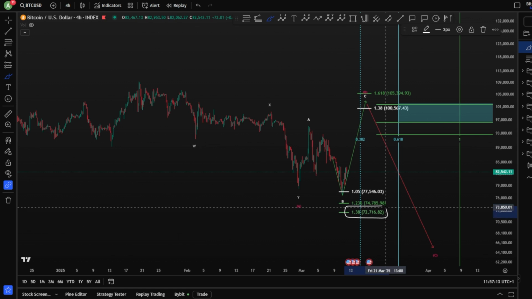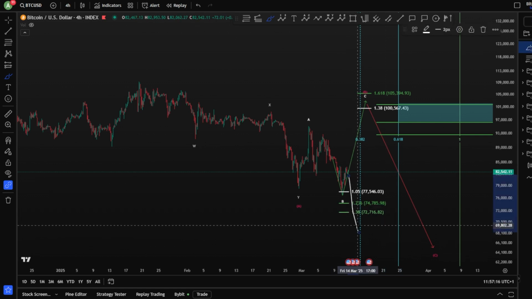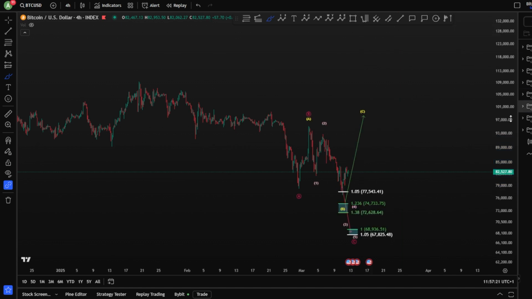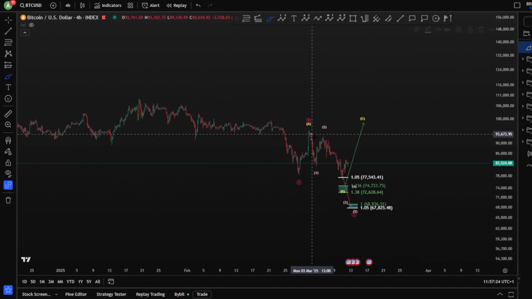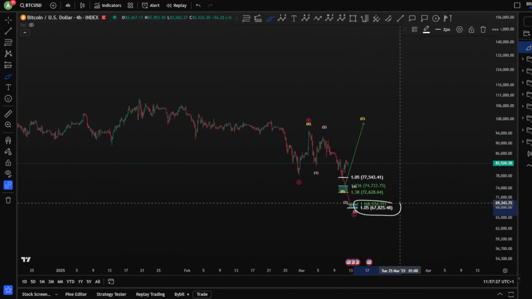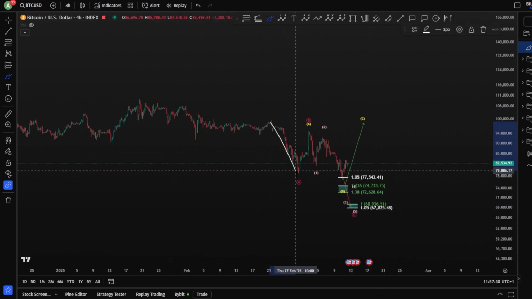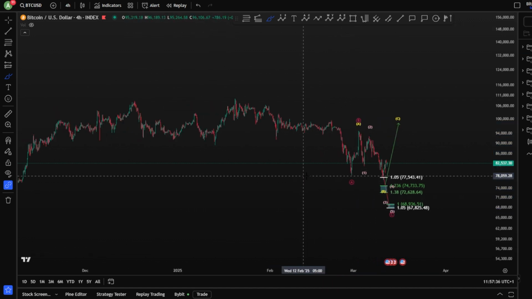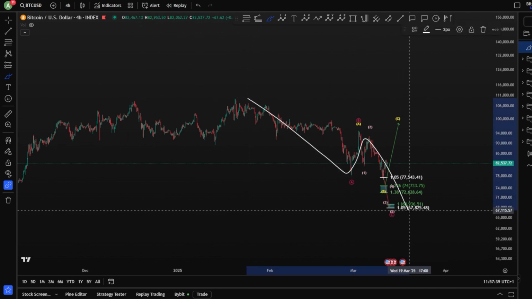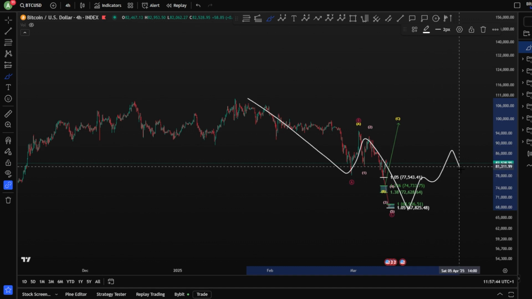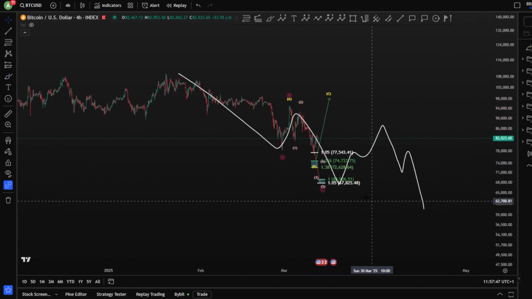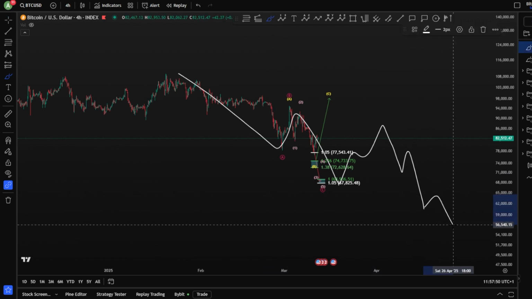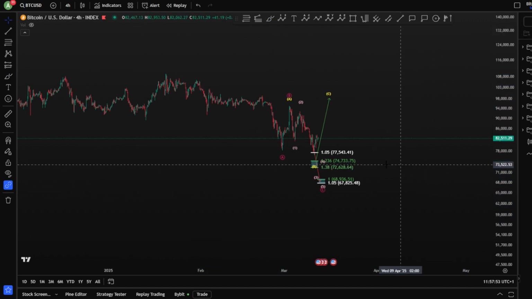If we break this fib level, the 1.38, and we continue to move toward the downside, it is a new bearish scenario that we have mentioned as well: a very fast wave C toward the downside, as you can see, continuing towards 67k, 68k, meaning A, B, and a C finishing those 3 waves toward the downside very fast. But that means we might not be very ready to move towards the upside. It might create another 3 waves up, and then 5 waves down for a deeper correction. So we have to be careful with it.